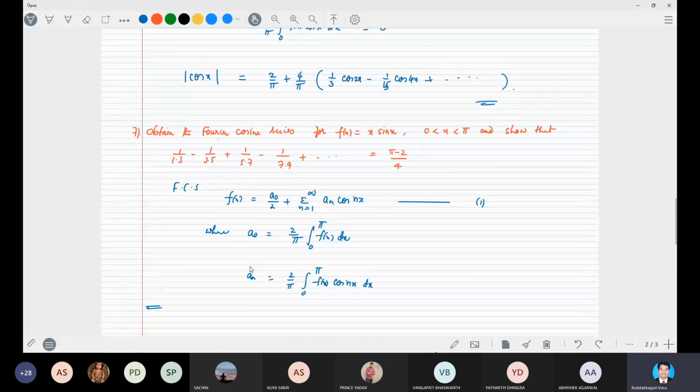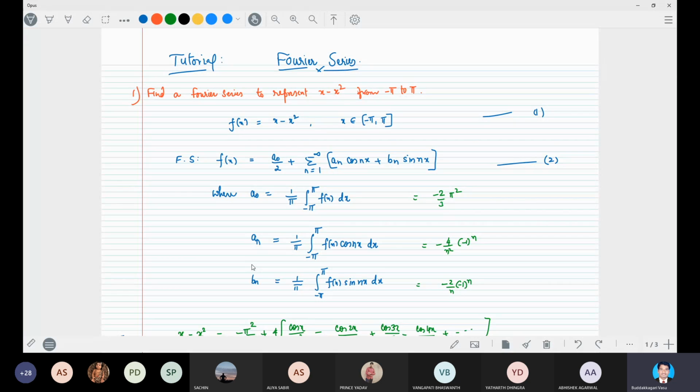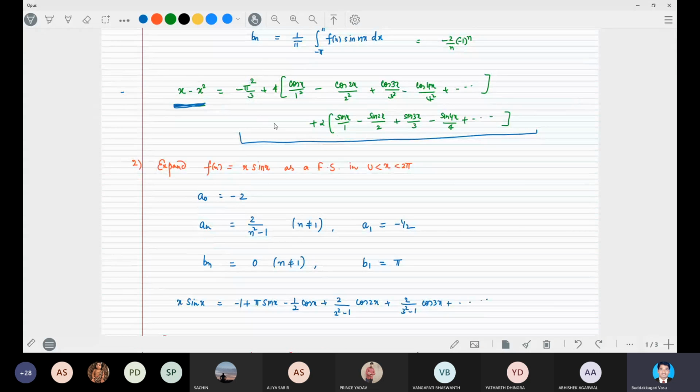Now look at the problems on this: finding the Fourier series as well as Fourier integrals, Fourier cosine series and Fourier sine series. The Fourier sine and cosine series are special cases of the Fourier series where the function is either odd or even in the given interval. Here one should understand that the function is being approximated by an infinite series, that's all.